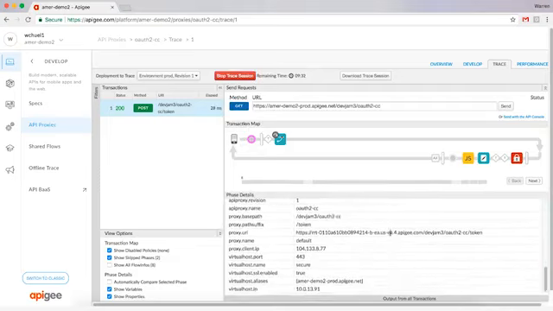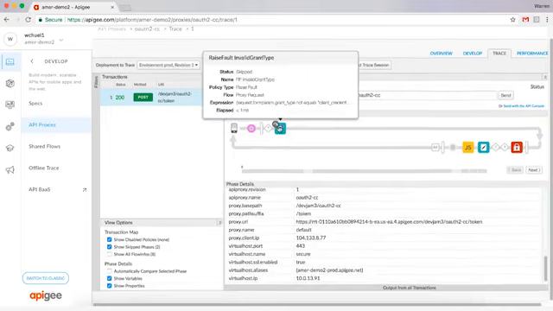From here, you can view every step in your API proxy. The top half shows the request flow. This is the flow that Apigee Edge goes through before making the call to the target server. Here, you will find many policies related to traffic management, JSON to XML payload conversions, and others.